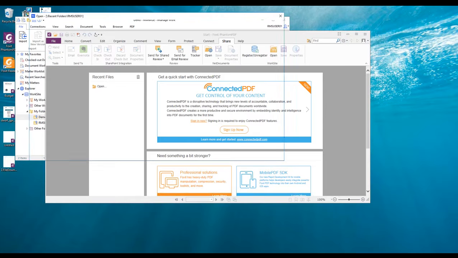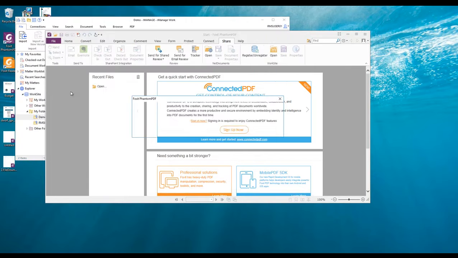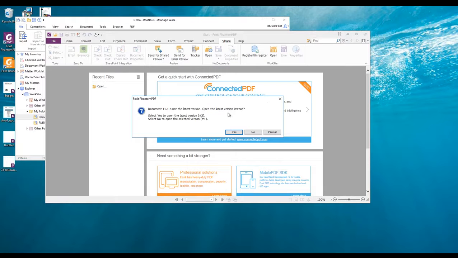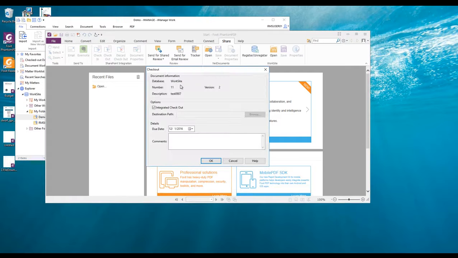So what I can then do is click on this to open an iManage window. You see I have a wide variety of test files in my iManage instance. And we even handle versions in an older version of the file. We automatically prompt you if you'd like to open a newer version.